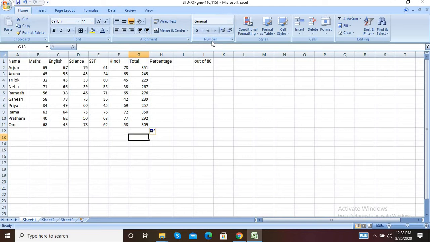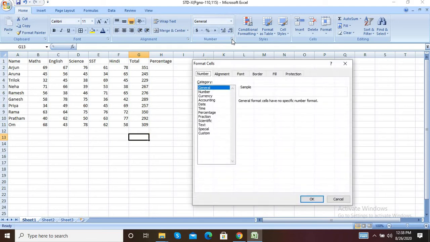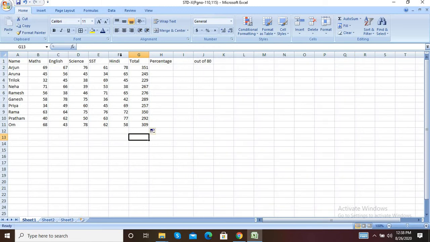First I am showing you the number quick launcher tab, because with the help of the Home tab you already know how to format the table by making borders, changing the font size, color and type, giving the bold effect and underline effect. These all things you know. So today I am showing you how to format your table with the help of the number property quick launcher.